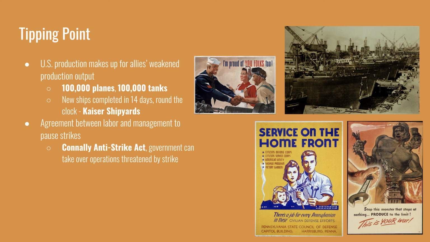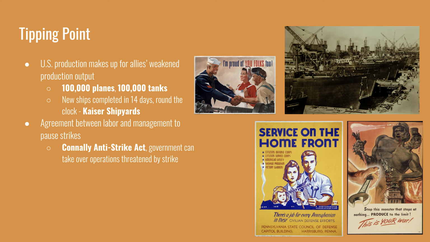In the Kaiser shipyards in Northern California, workers were literally working around the clock in overlapping shifts so that there was work done on the ship at all hours of the day. It became a competition and a source of pride for the workers that they could turn out a ship in just 2 weeks' time.